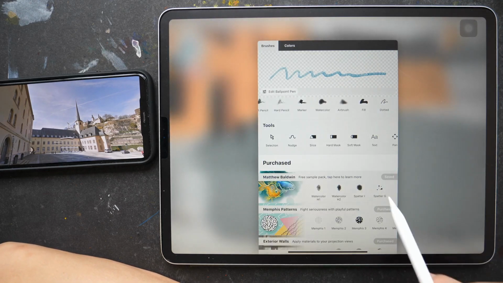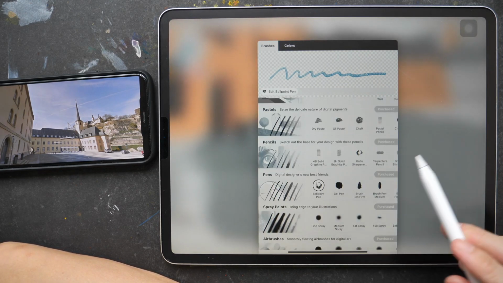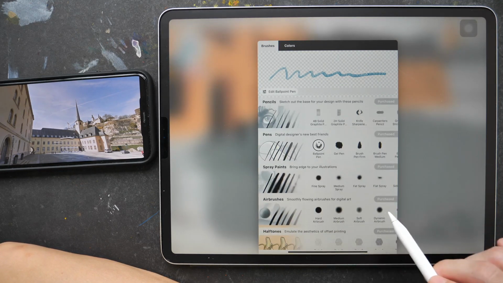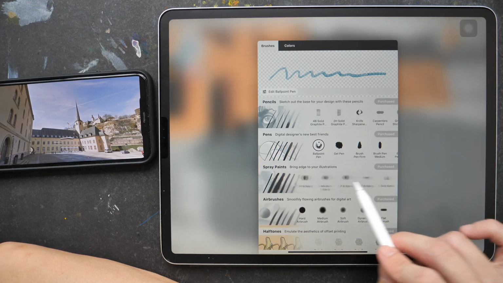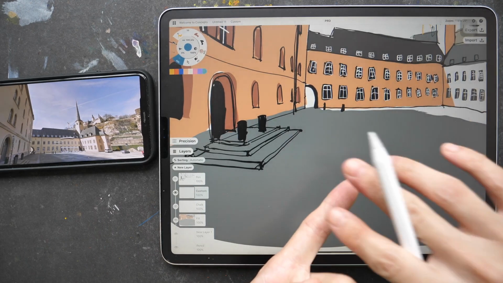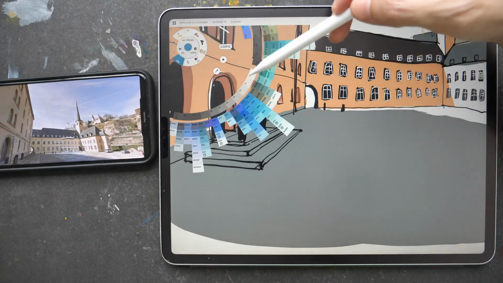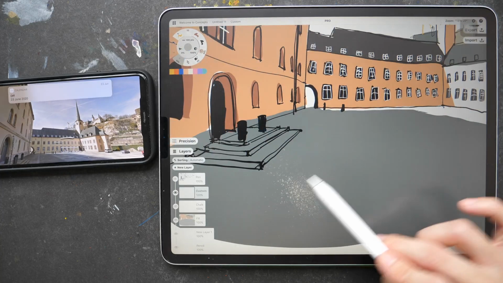I like splatter marks. They create a lot of texture. With watercolor, I can run the brush against a hard surface to create those splatter marks. But here, I actually need to